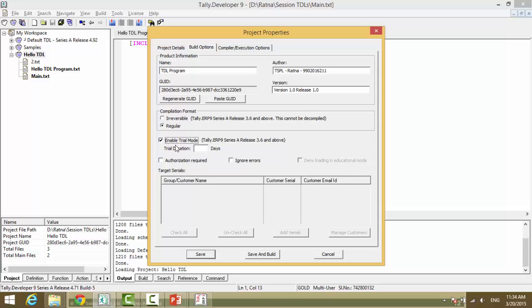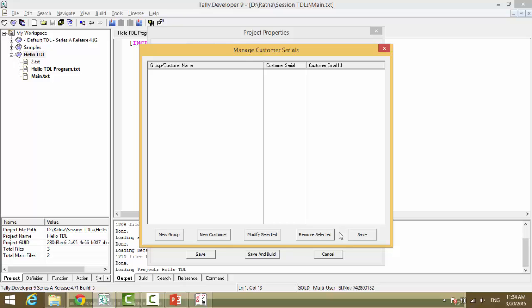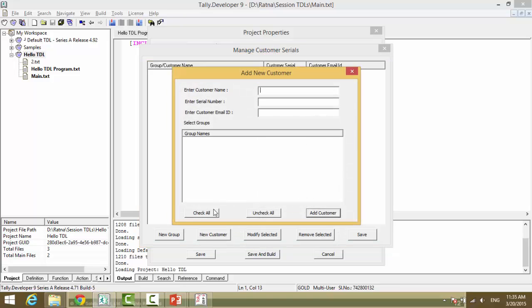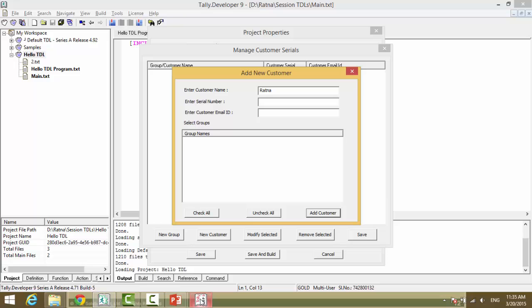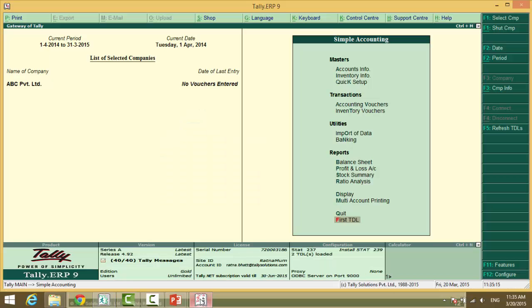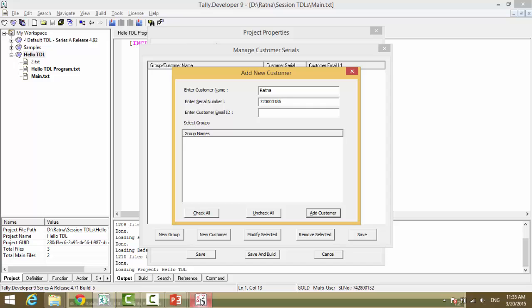If you want to provide a trial mode, you can give the trial duration of 10 days to your customer. You can say authorization required, denial loading in educational mode. Right now we do not have any customer, so we click on manage customers, add a new customer. The customer name is say Ratna. Serial number, we'll just take the serial number of the tally that we have here. It's 72000 3186. Customer email ID,